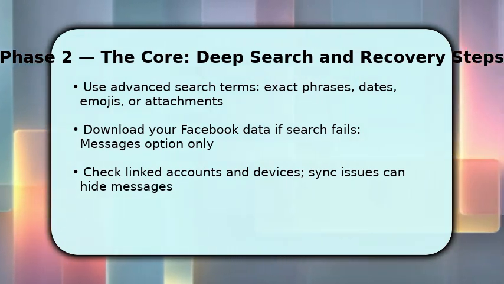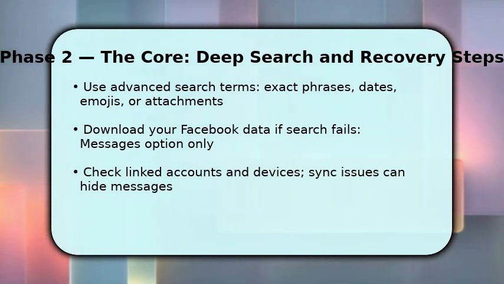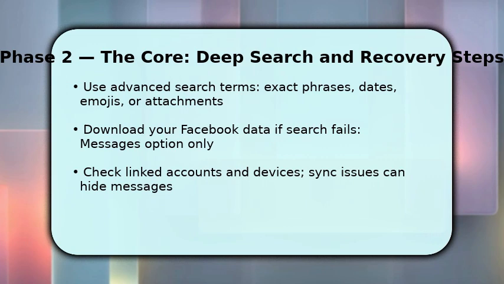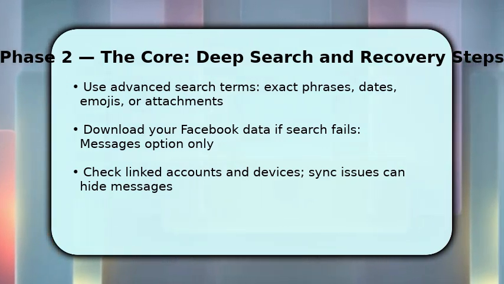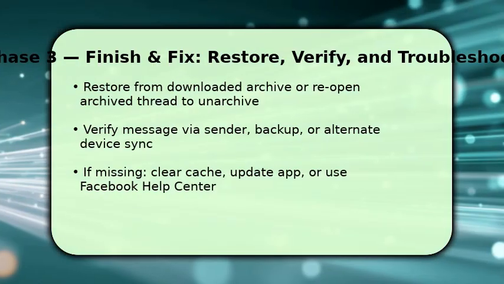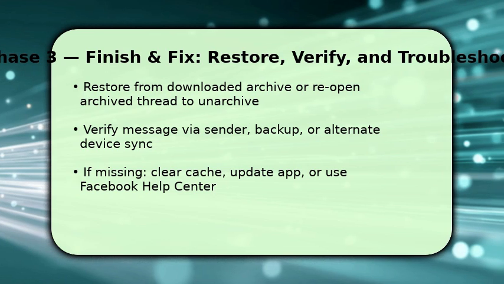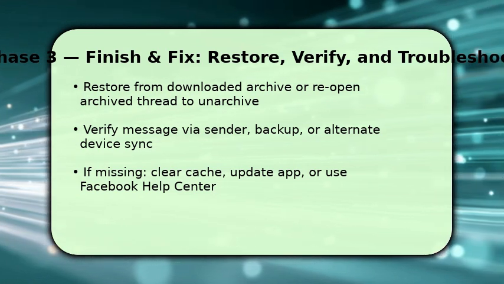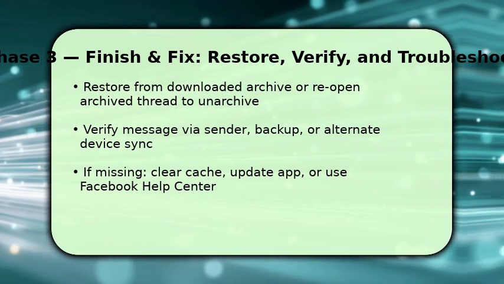Also, check other devices and linked accounts. Unsynced apps or a secondary email login can make conversations appear missing. Make sure to use matching spellings and time filters when searching. When you find the message, restore it by reopening the archived thread or extracting the chat from your downloaded archive and saving important content. Once done, verify with the sender or check backups on alternate devices to confirm the thread